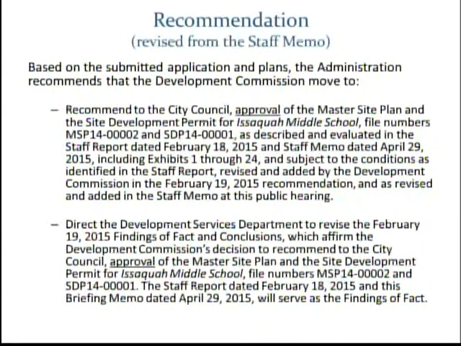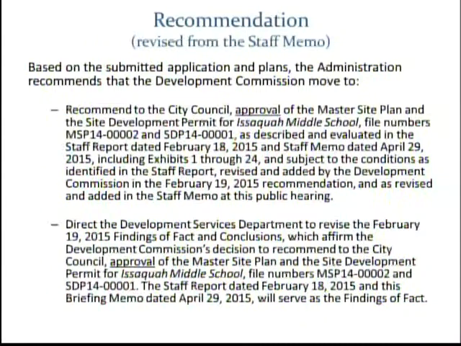This is a little bit more complicated than the type of recommendation you usually see, but this is our way of capturing both what was discussed and accepted by the Development Commission at the last meeting and also at this meeting. And secondly, direct the Development Services Department to revise the